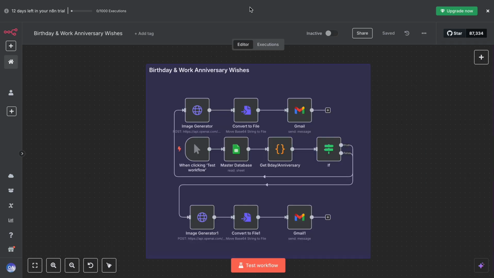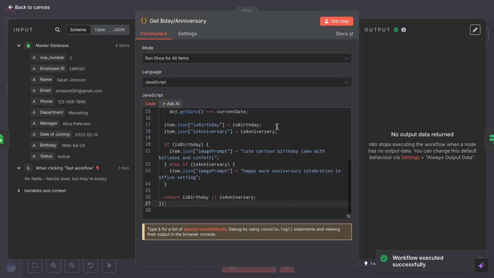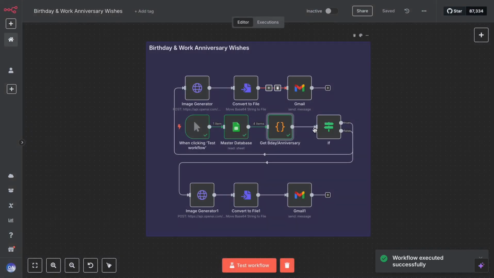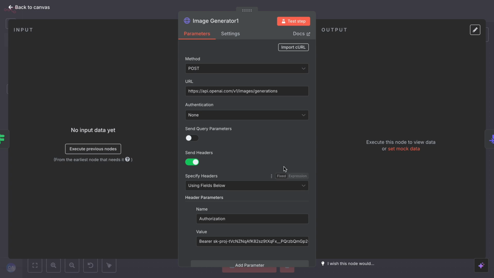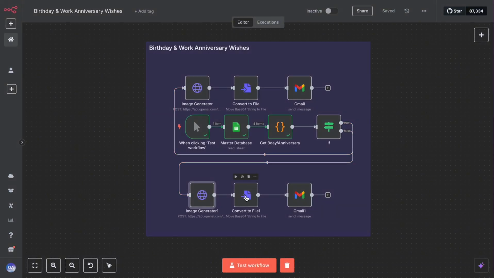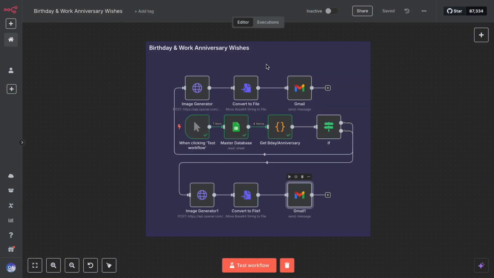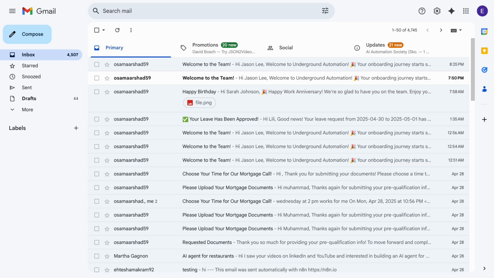This one runs daily and starts by reading the employee master database. The Get Birthday Anniversary Code node checks if today matches any birthdays or work anniversaries. There's also a Smart IF node to decide which type of greeting to send, birthday or work anniversary. Then we use OpenAI's image generator to create a unique birthday or anniversary image. We convert the image string into a file using Convert to File, and then attach that in an email using the Gmail node. And we optionally post the image and message on Telegram to share the joy with the team, and